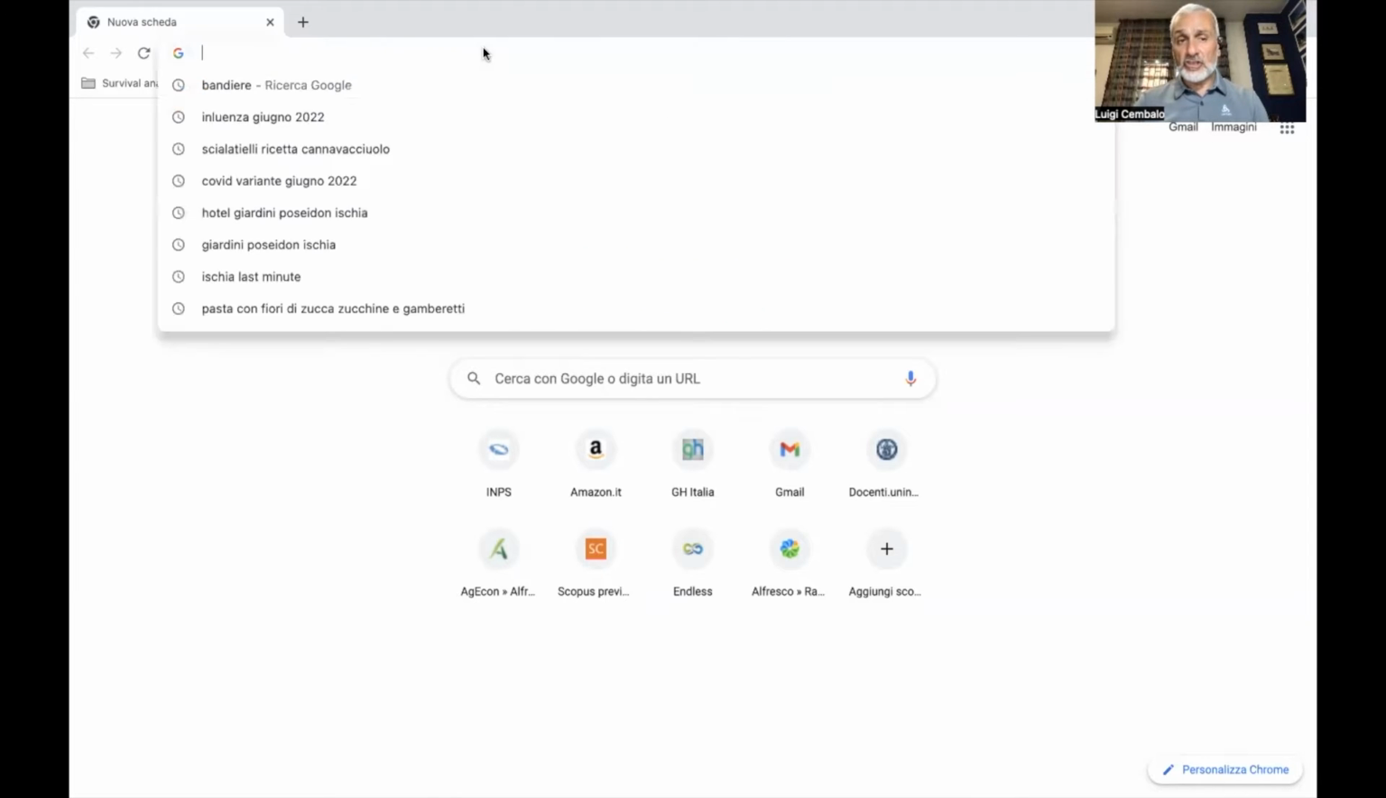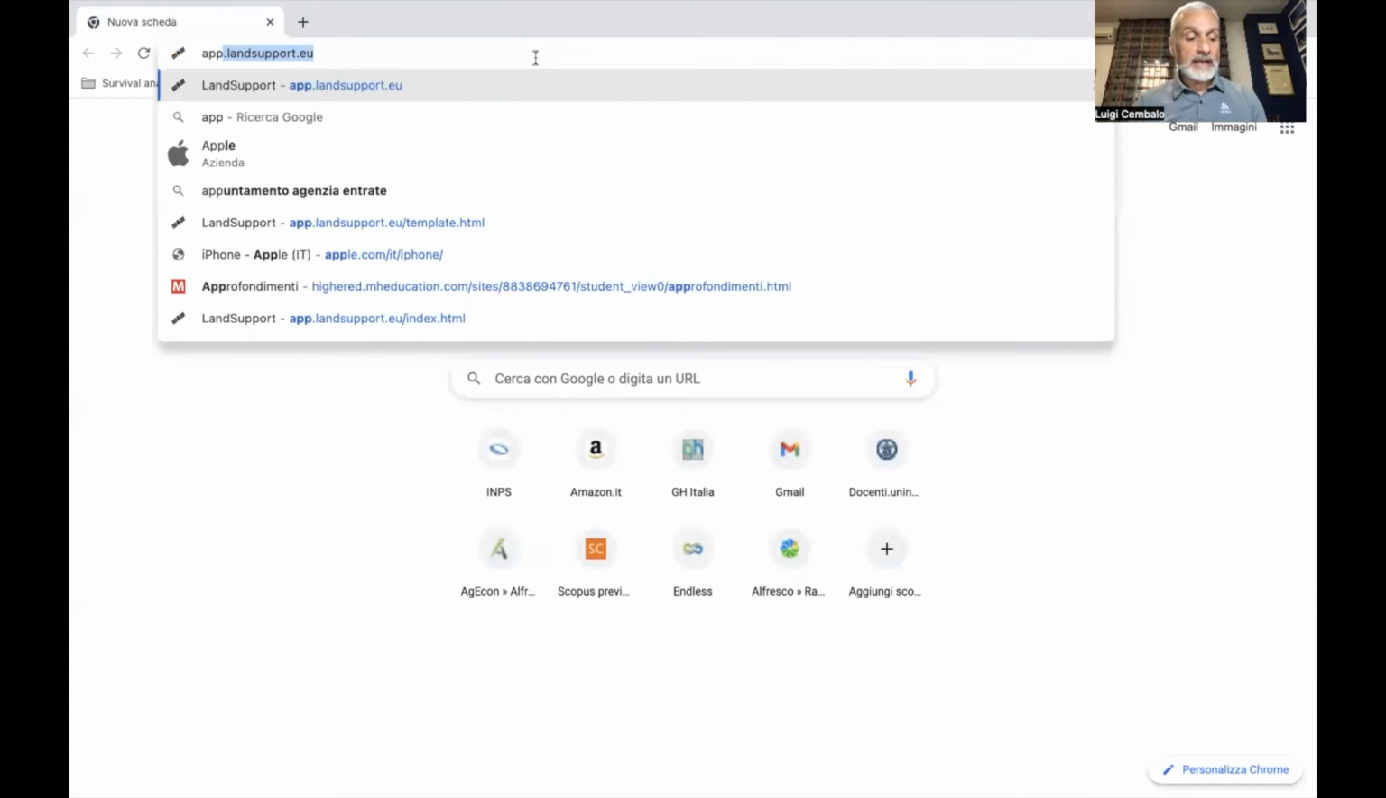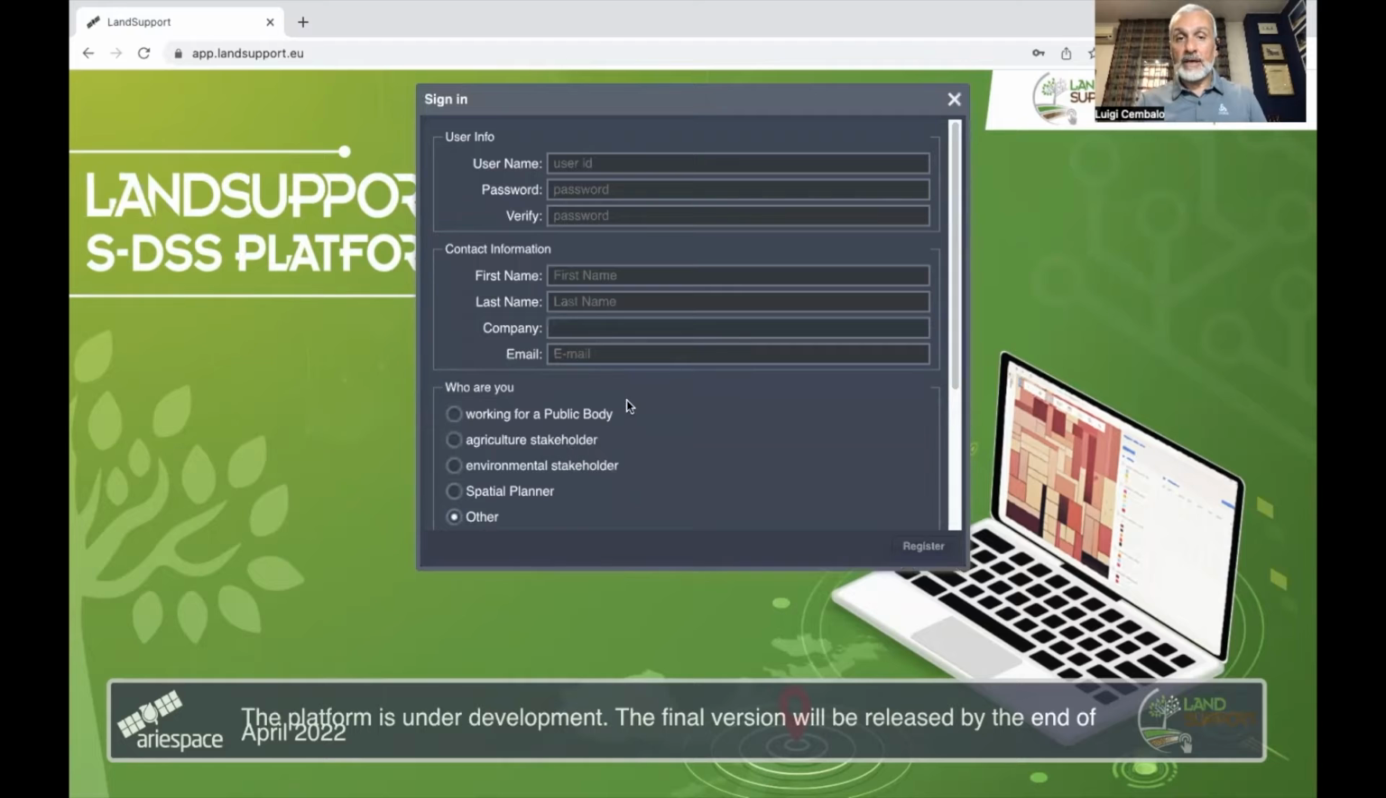In order to reach the platform, you have to write, as you can see here, app.landsupport.eu. Once you get there, you receive this screenshot in which you have to plug in your username and password. In case you don't have it, it's quite simple to register. In order to sign in, you have to click on this, and you have another